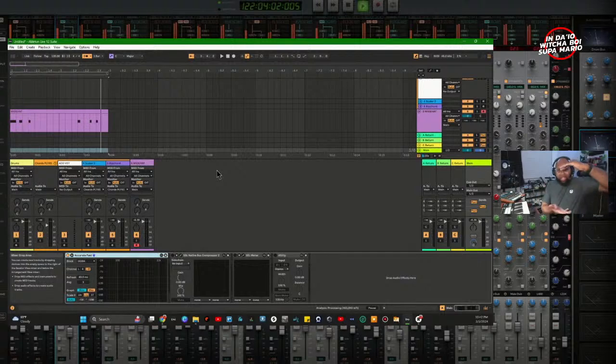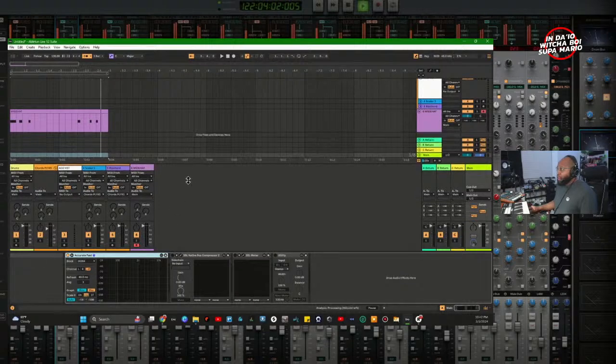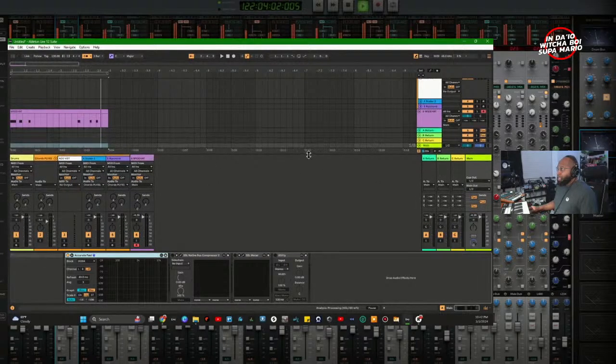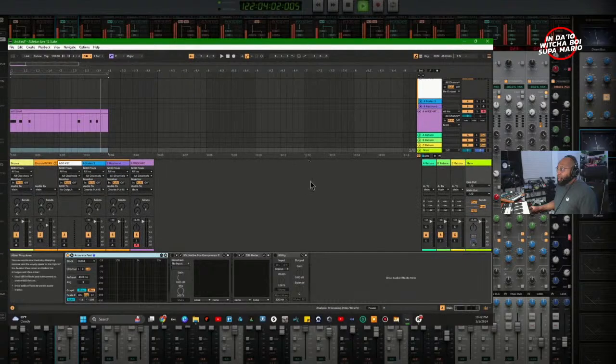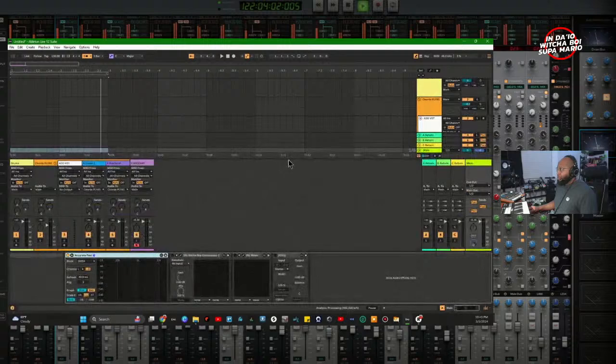It looks like everything is crammed on the window, but it kind of makes sense because it's broken up into threes, and it just depends on how you divide this section right here. So if you just want to show, let's say, one MIDI clip at a time, you can bring this up just a little bit. Boom, right there. And if you want to bring this up, you can't. So the only thing you can adjust